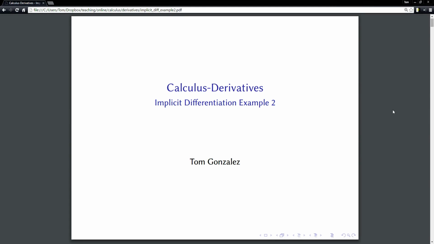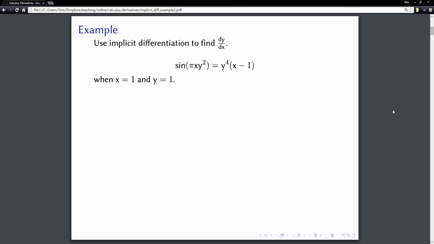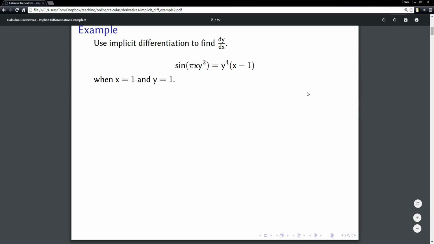In this example, we're going to talk about implicit differentiation and do another example of that. So the example is use implicit differentiation to find dy dx. Here, the equation that they give us is sine of pi xy squared equals y to the fourth times x